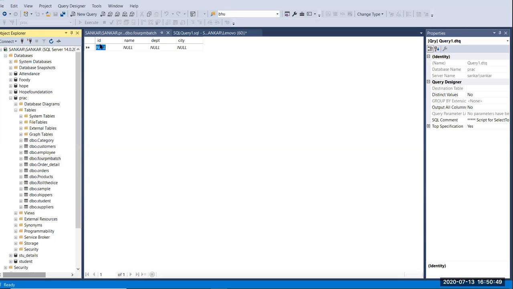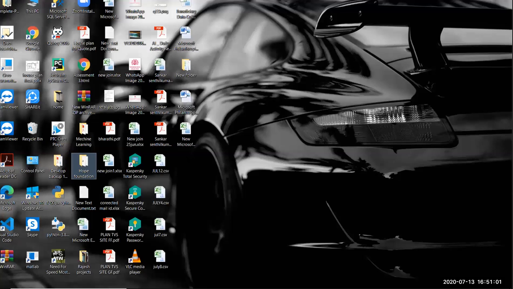Okay, and you have to insert the values in these three columns. Okay, so I'm going to open Excel for bulk insertion.